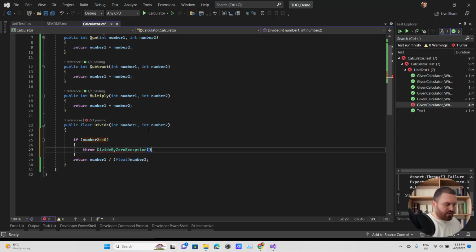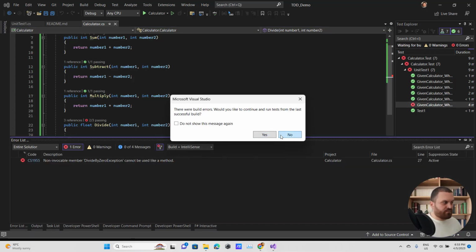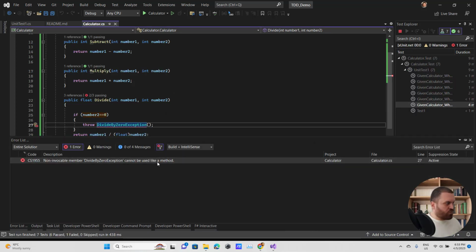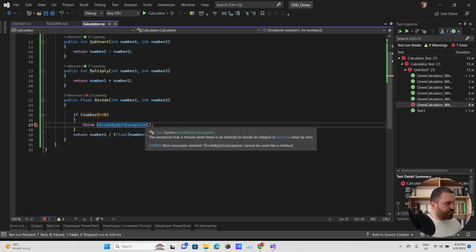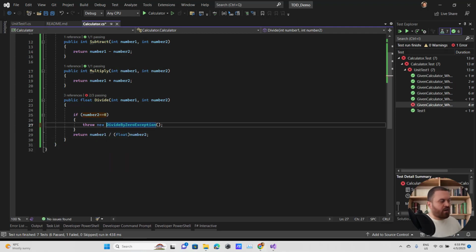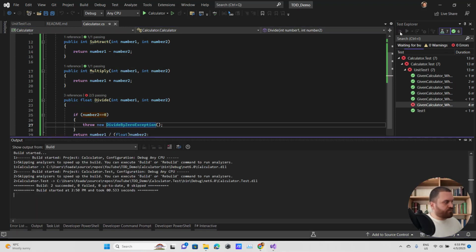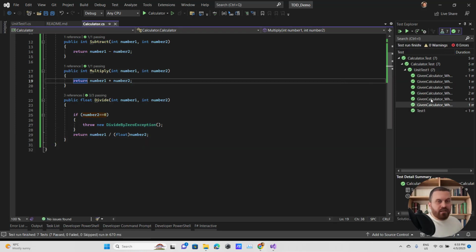Divide by 0 exception. And now let's check it again. Oops. I forgot the new keyword. And now it is working.